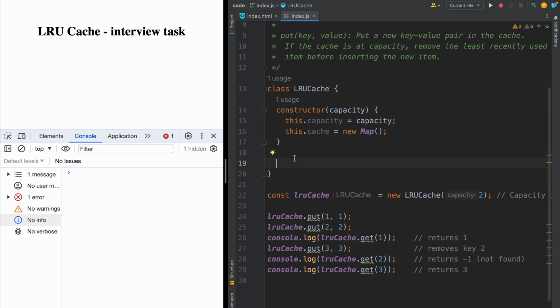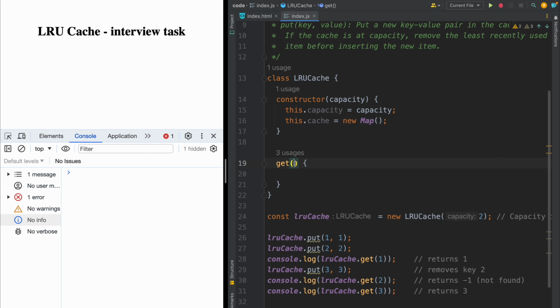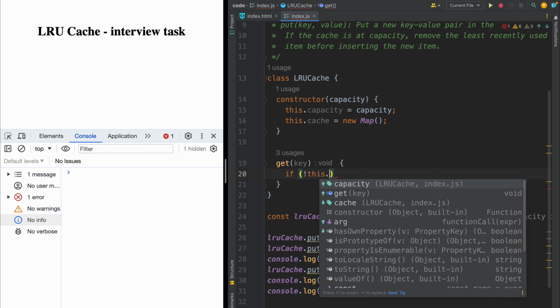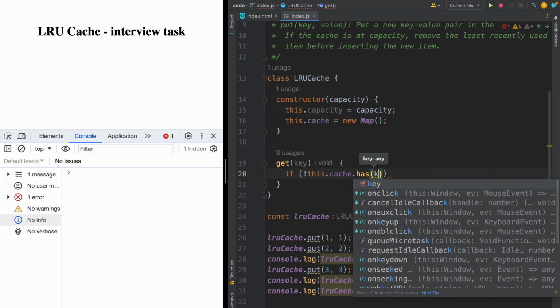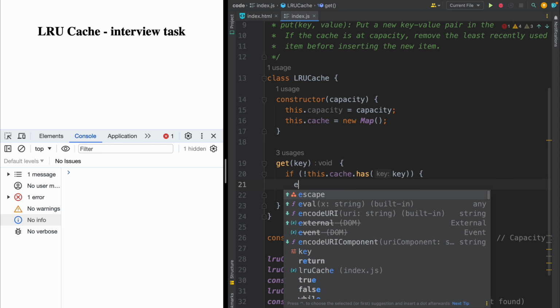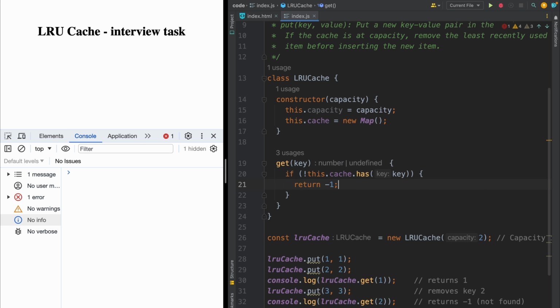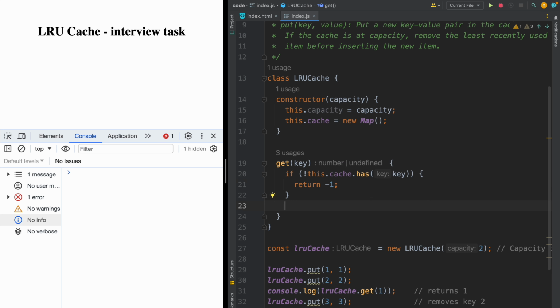Let's move to the implementation of our get method. So we have to write get and provide key as an argument. And here we have to write a simple condition. If we don't have the key, we will return -1. So if not this.cache.has(key), we will return -1. It's pretty simple. But if we have a key, so if the key exists, we have to remove and reinsert it